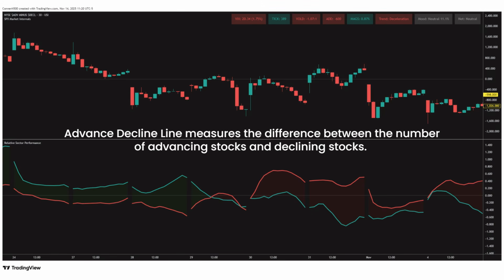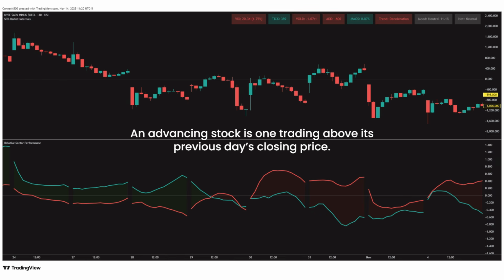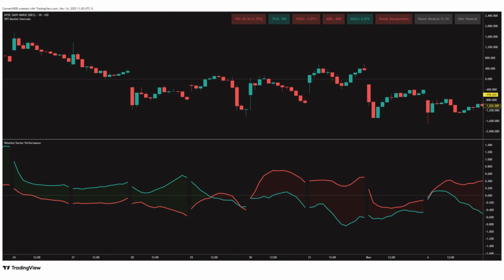The advanced decline line, also known as breadth, measures the difference between the number of advancing stocks and declining stocks. Breadth essentially tells you how many stocks are participating in the move. An advancing stock is one trading above its previous day's closing price, while a declining stock is trading below its previous day's closing price. On our dashboard, the advanced decline line is displayed both as a bubble and as a